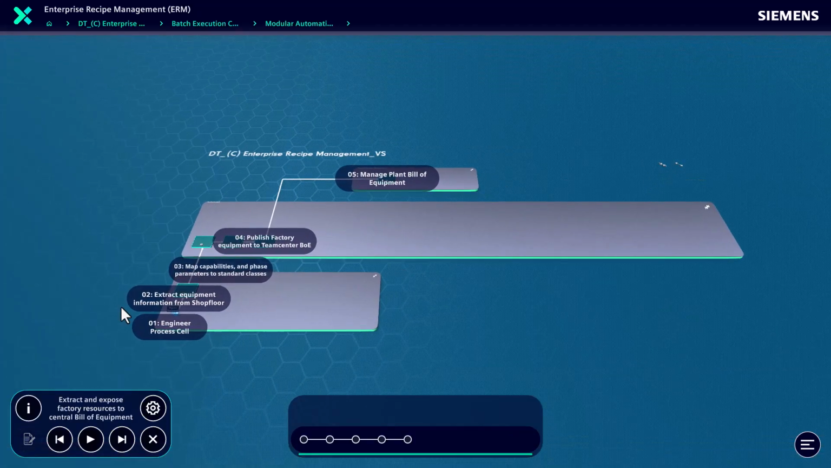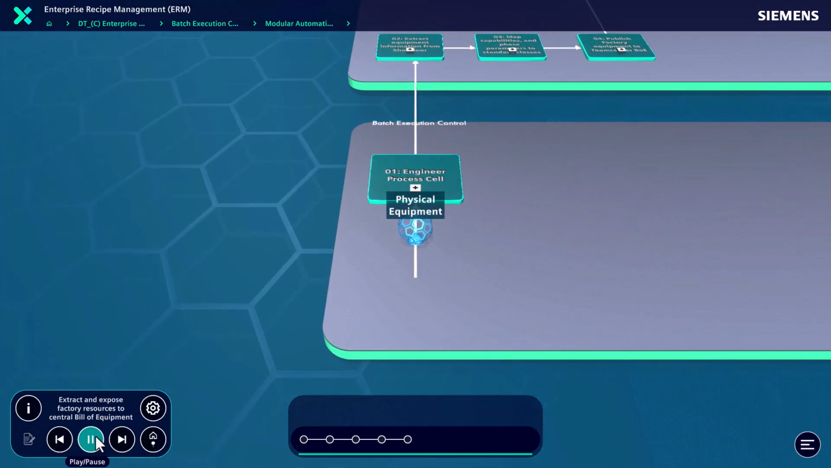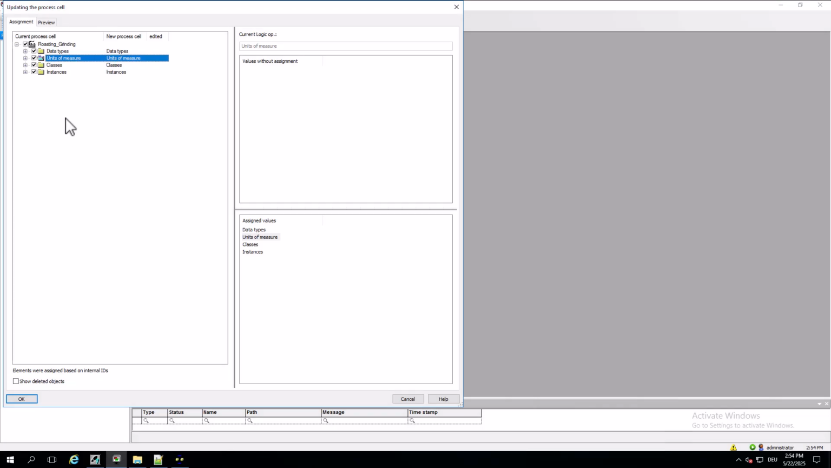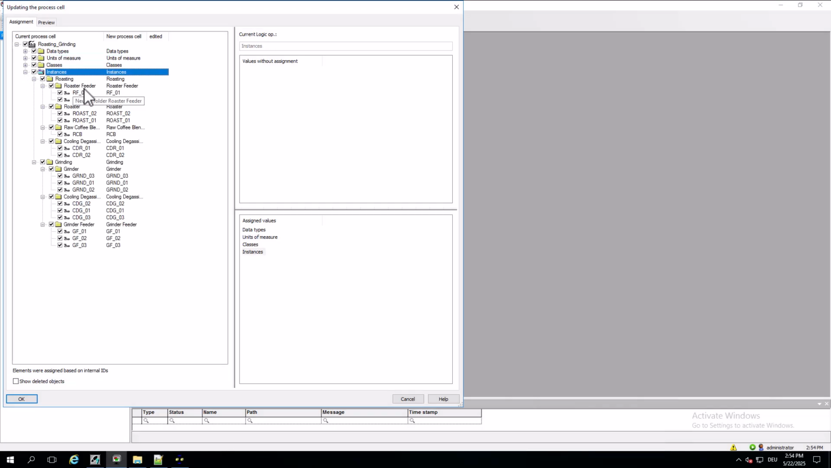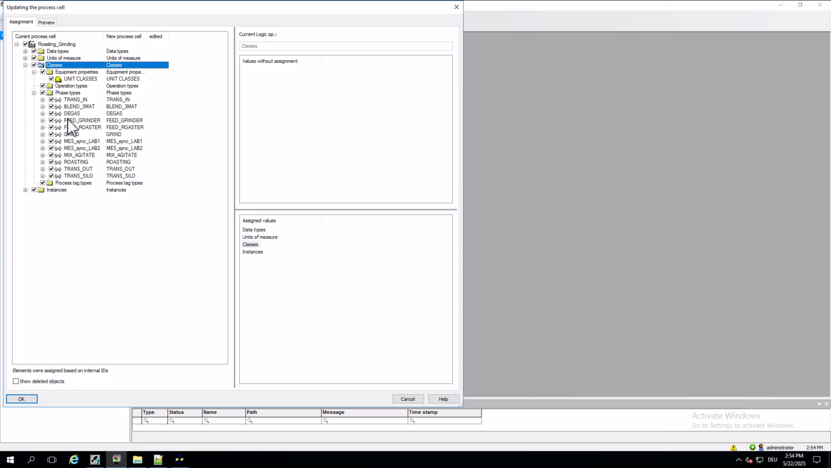First, let's see how to extract and expose factory resources to a central bill of equipment. Let's begin in the SIMATIC PCS7 engineering system, where automation engineers have defined units, equipment modules, and phases for SIMATIC batch. Here, all execution logic structured according to ISA 88, including all parameters, are seamlessly connected to the underlying automation